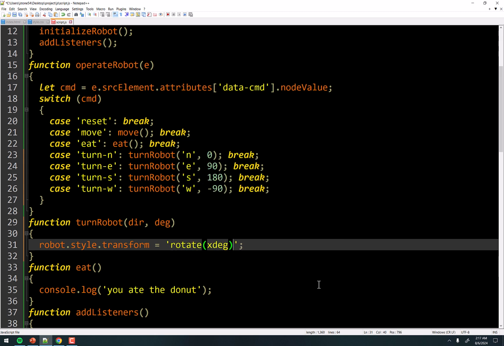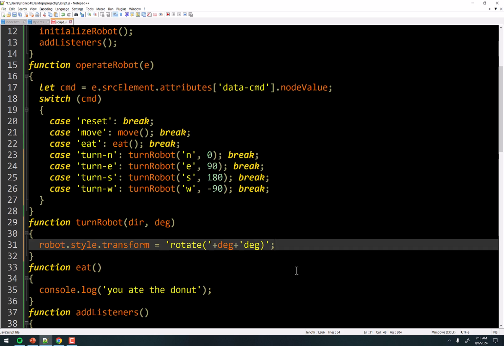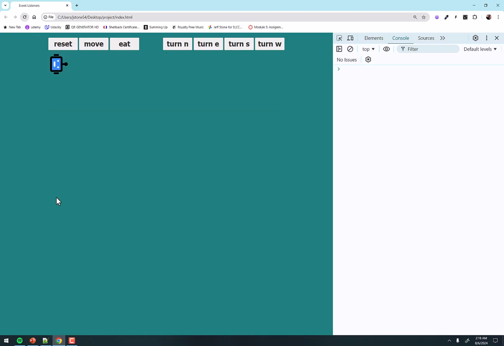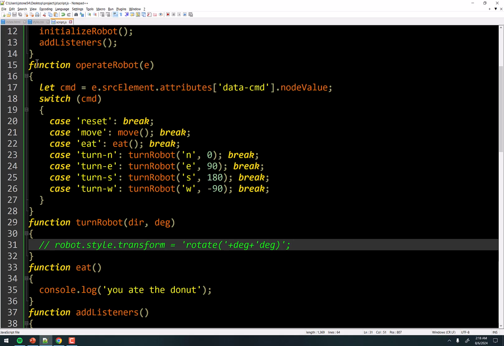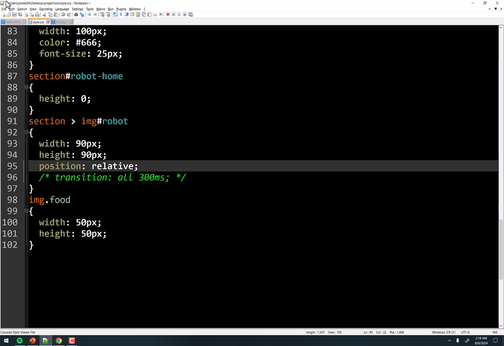What's the degrees? Well, we'll fix that in a second. The degrees is that right there. So instead of x, we're going to concatenate that on right there. So right quote plus plus quote, and we're putting the variable called degrees there. I know it looks a little weird, but that's going to be 0 degrees or 90 degrees or 180 degrees or whatever. Because the normal syntax, real quick, is this. Transform, rotate, 90 degrees. So if we start the robot like that, let's just go ahead and save this real quick. We refresh. Now he's pointing to the right because I said right here in our CSS to do that. Okay. But we're doing all of it in our JavaScript instead.